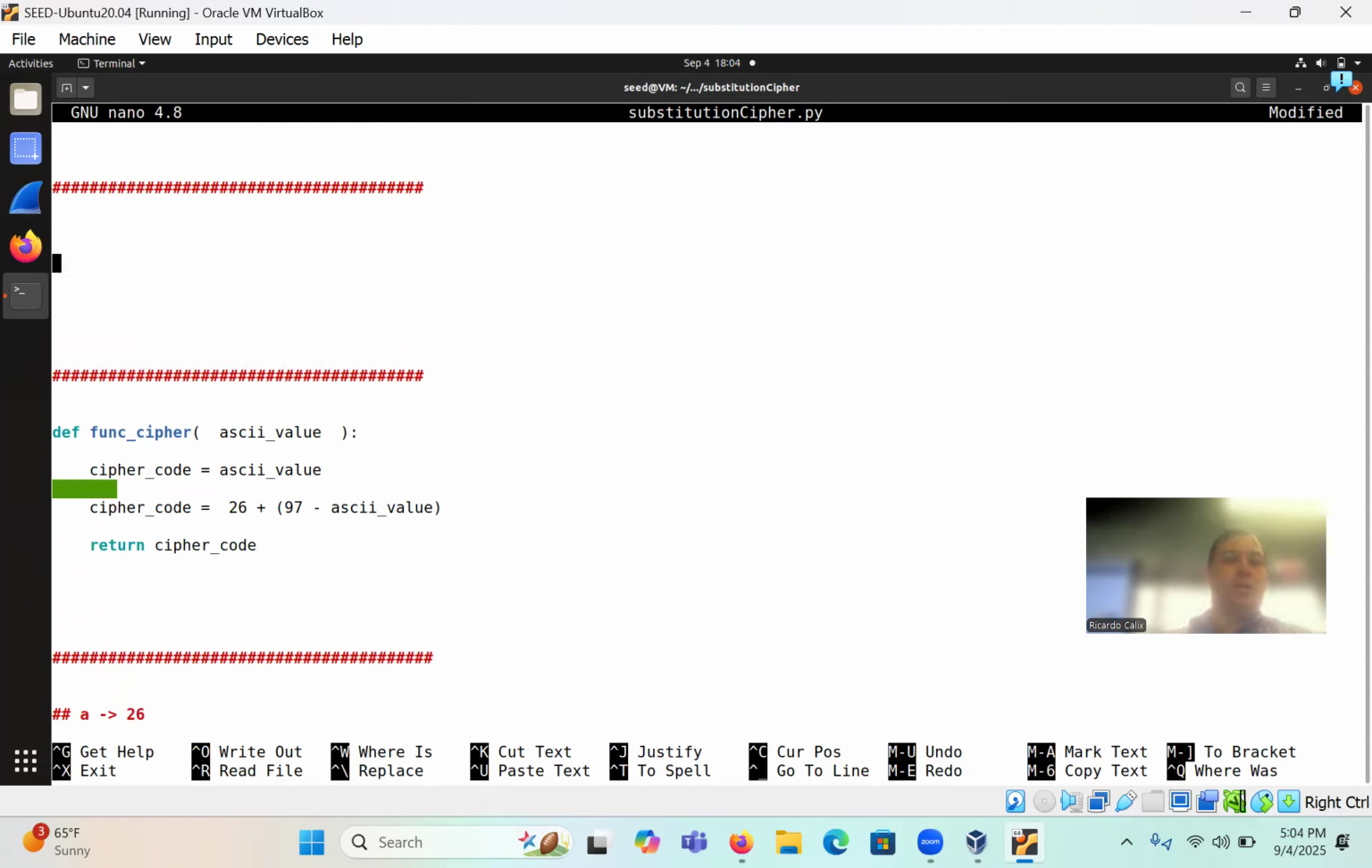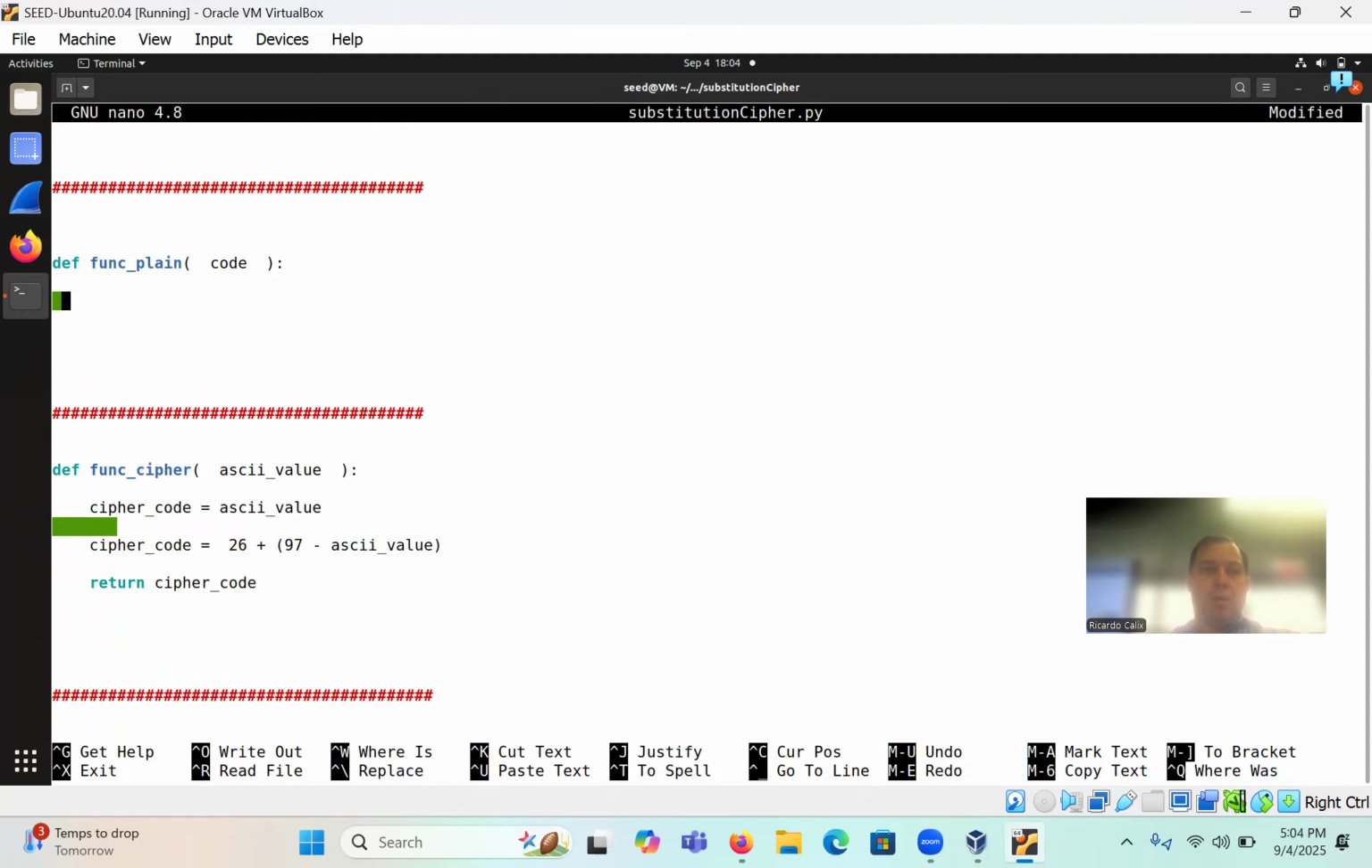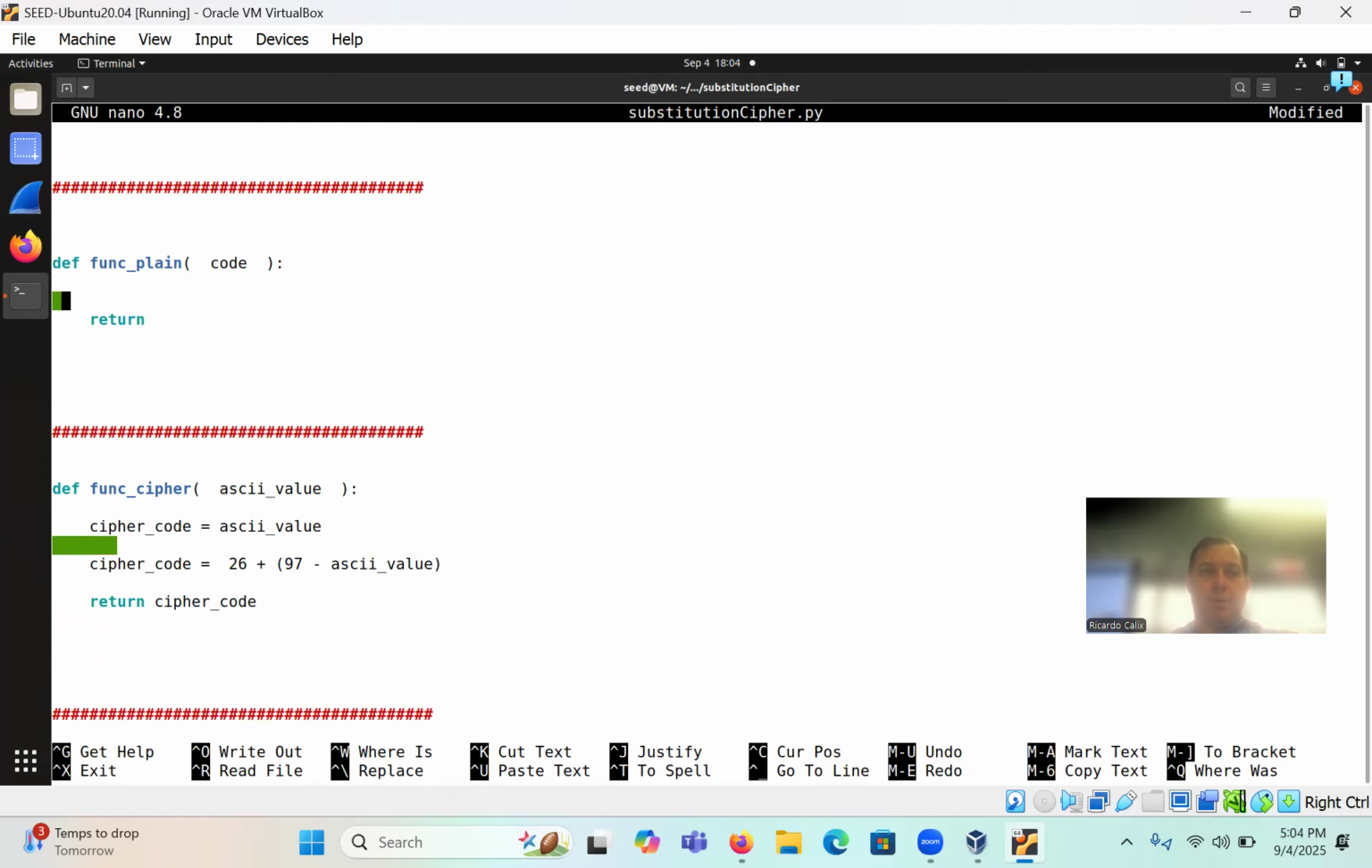Okay, so let's define it. Define function plain. This will take, call it code, colon, 1, 2, 3, 4. Return 1, 2, 3, 4. Okay, so here is where we need to do kind of the same thing as before,